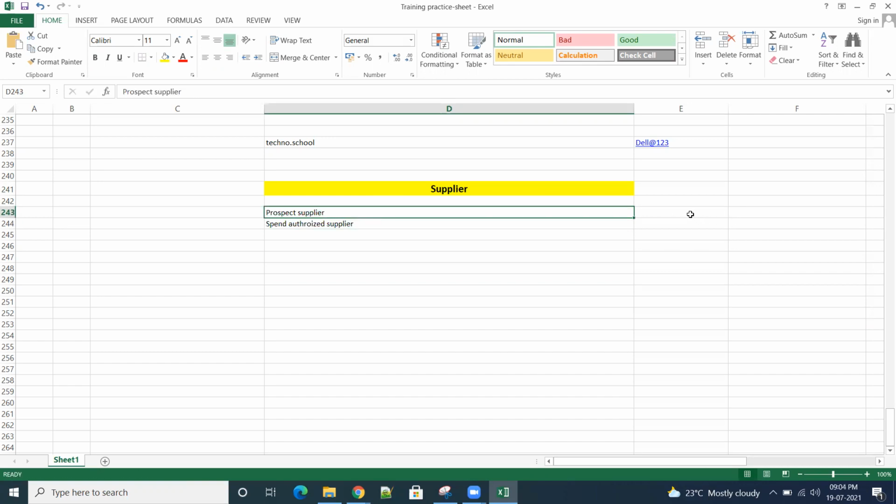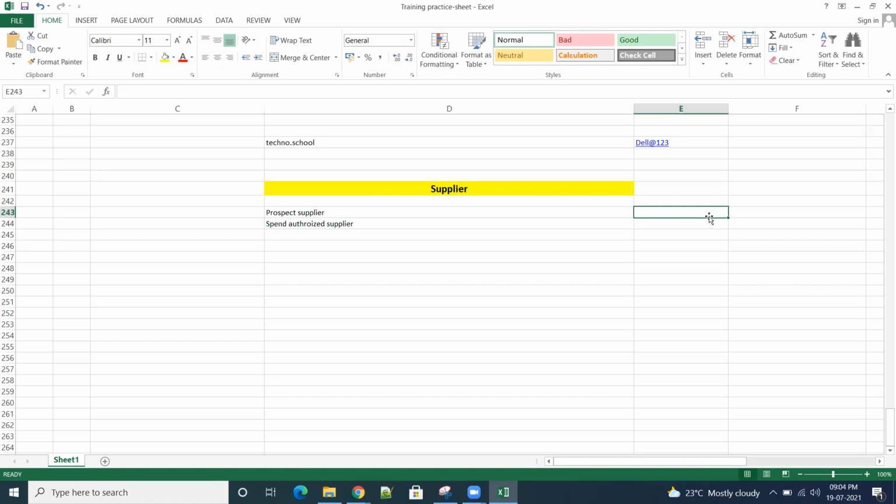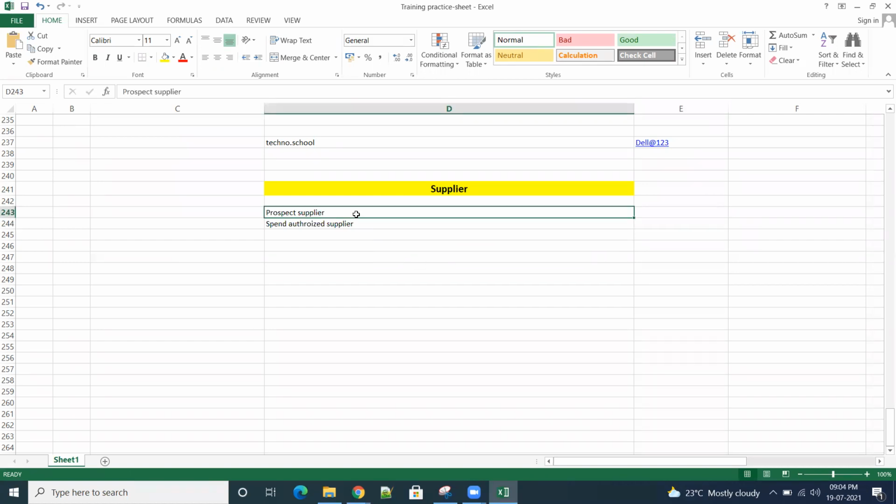A prospect supplier is not a real supplier. When the supplier type is prospective, that supplier can participate in the negotiations, and some other things, but is not an exact real supplier.